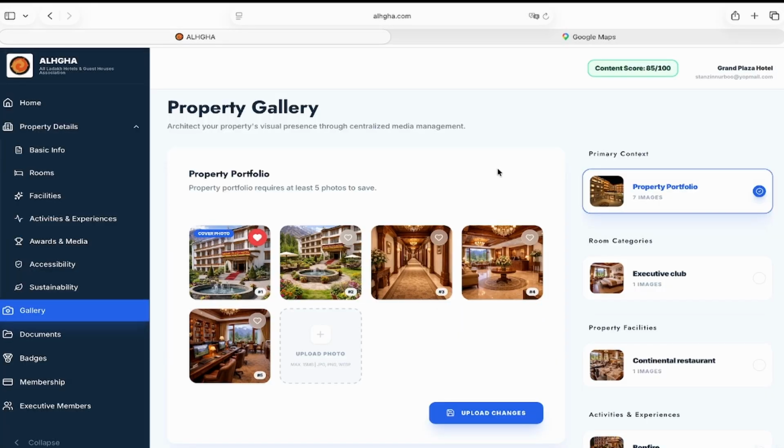So as you have seen, I have added the minimum 5 photos for the property, just so that the people looking at the listing have a better idea of how the property looks like. And after all of that is done, we click on upload change, and the photos are live. And as you can see, the content score is now 82 out of 100, and it's green, which means that if I go to